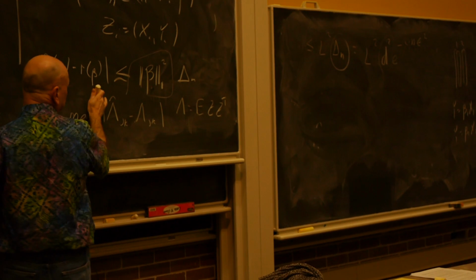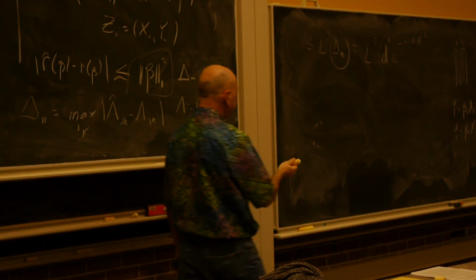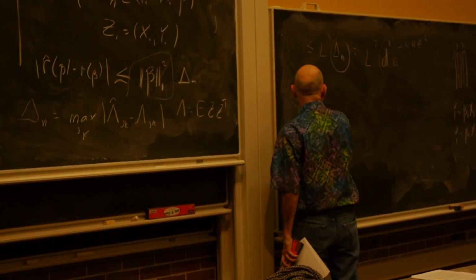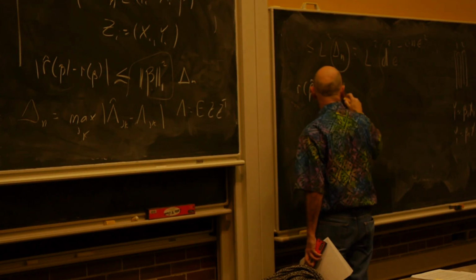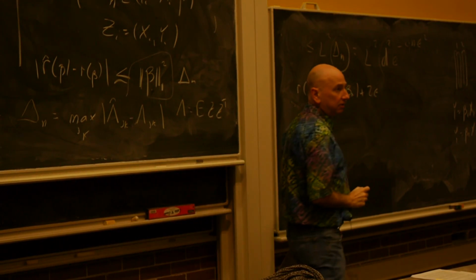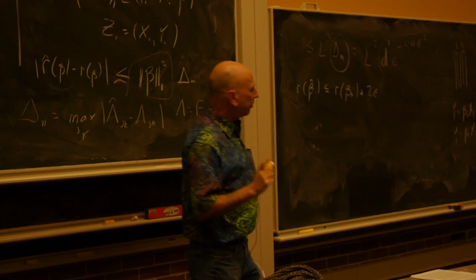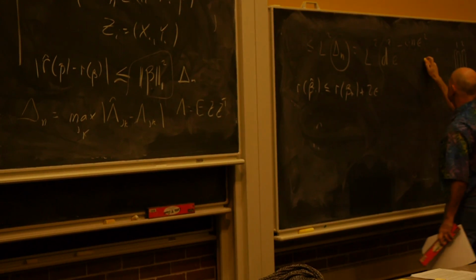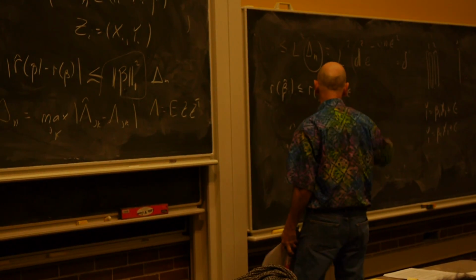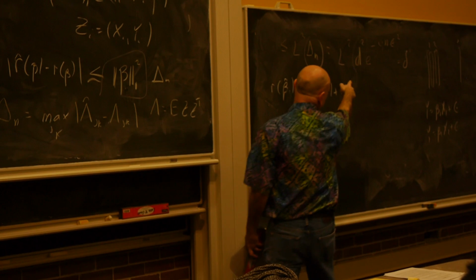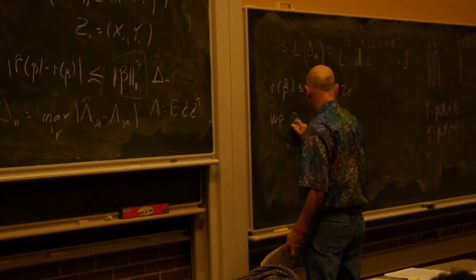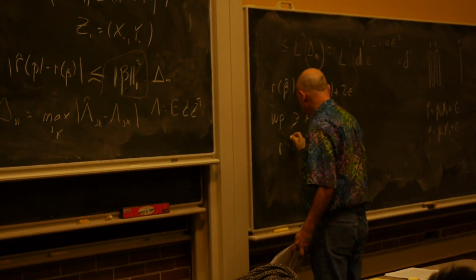we have that these two things are close, and from that we did that simple argument that therefore r of beta hat was less than r of beta star plus 2 epsilon. What we want to make sure, though, is that this is a small number. Let's say delta, and solve for epsilon. And if I just solve for delta there, what we conclude is that with probability at least 1 minus delta, we get that the